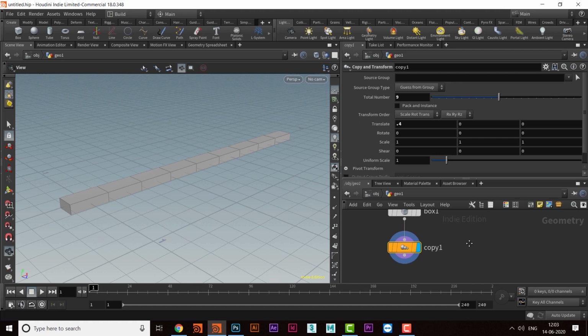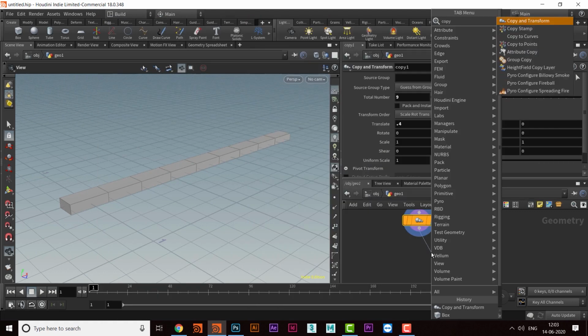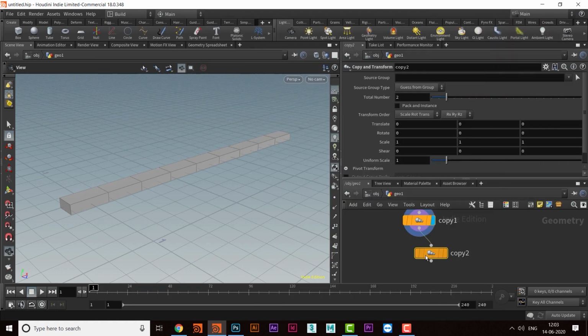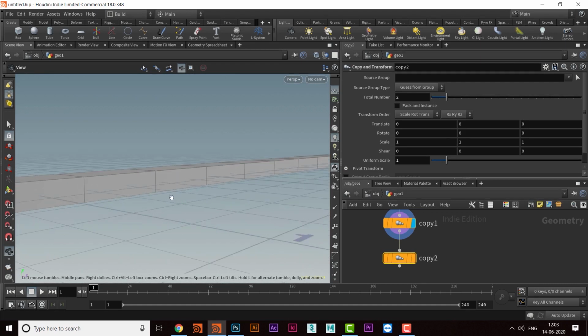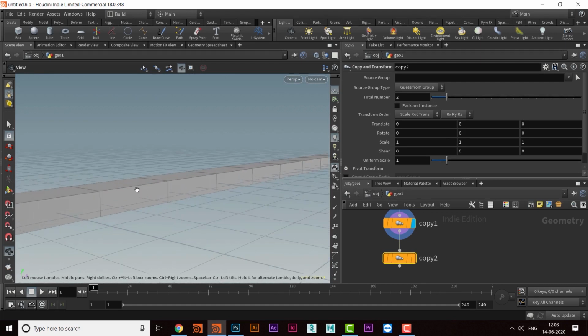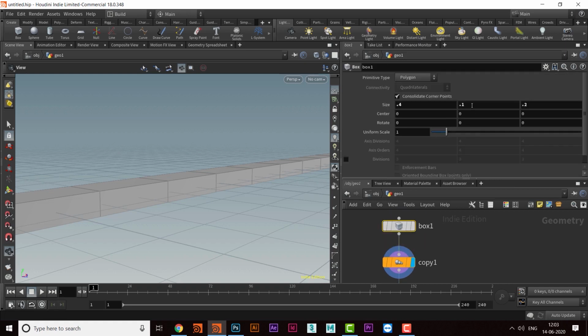So next, we'll take one more copy and transform, and then we will try to create height. The height of each brick will be taken from the first brick. So we'll go to the box, and the size of y of each brick is 0.1.